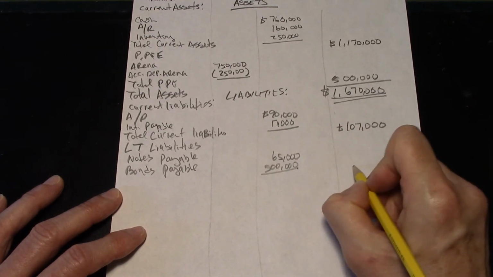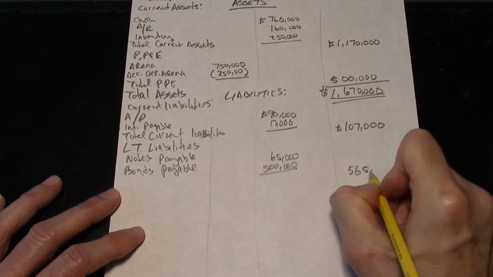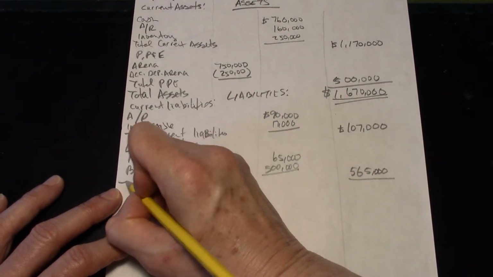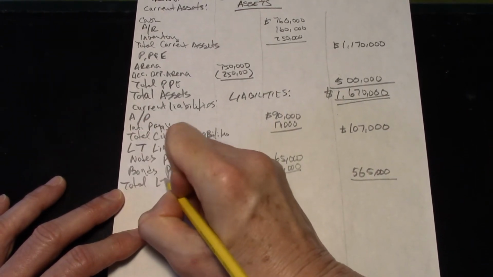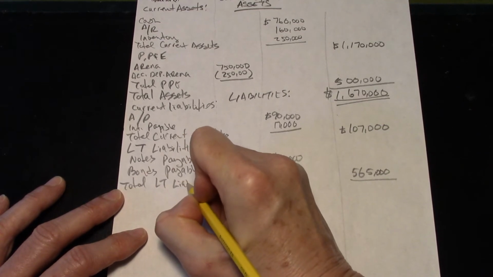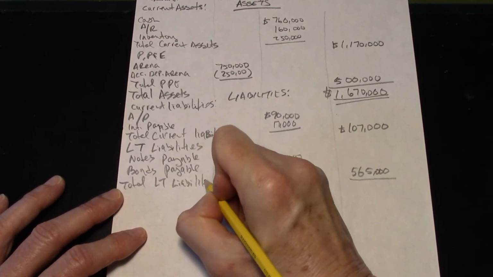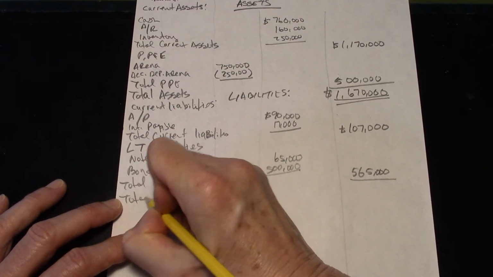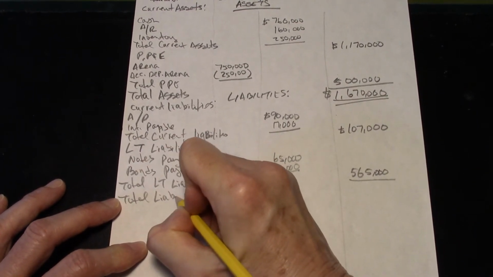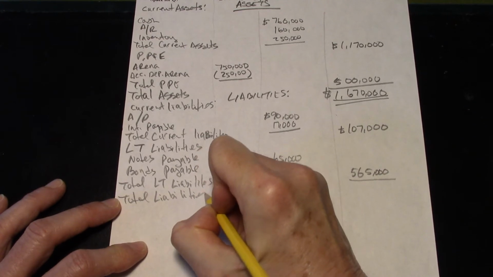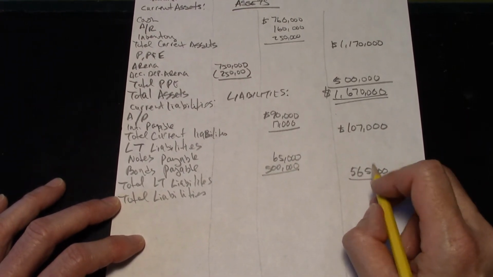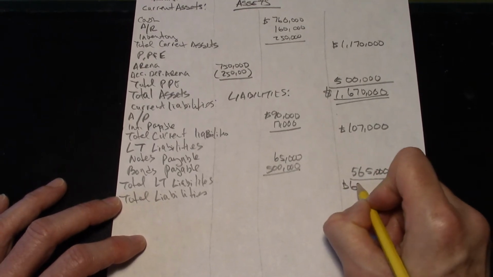So of course that is equal to 565,000, and that number there is total long-term liabilities, and with that number and that number we can get our total liabilities, which is 107 plus 565 is equal to